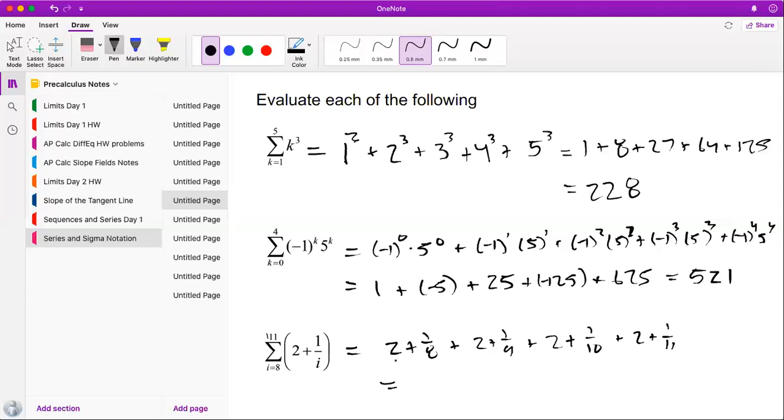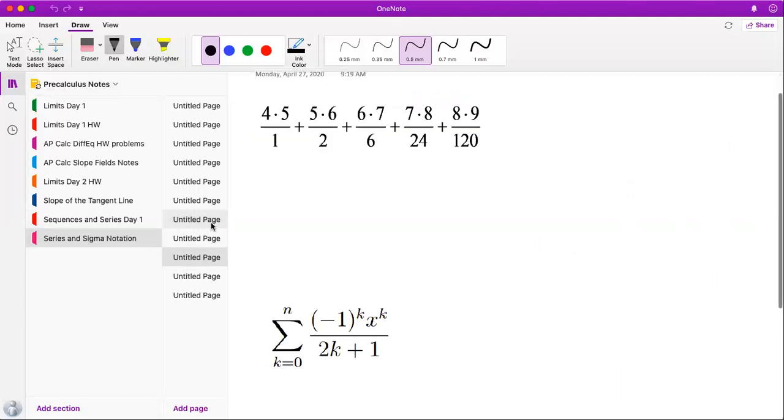It's 8.42702 repeating. And just for funsies, it's also equal to 33,371 over 3,960. Either one of these answers would be okay. I kind of like the fraction better, but it's a pretty miserable fraction. So